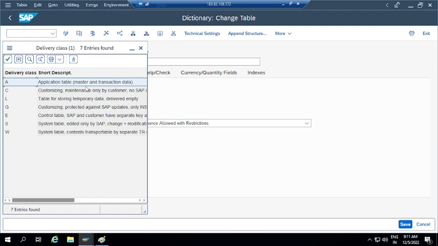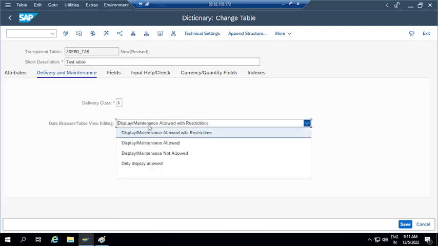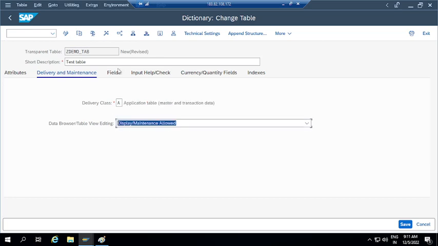First one is A, application table, master and transaction data. Second one is C, customizing table, maintenance by the customer. Now just tell me what type of table we are creating to maintain master data, right? Yes, sir. Application table. Is it not the suitable one? Since we are creating master data, yes, it is suitable. And maintenance allowed: this option is to maintain the data. So just select display maintenance allowed. Next, go to